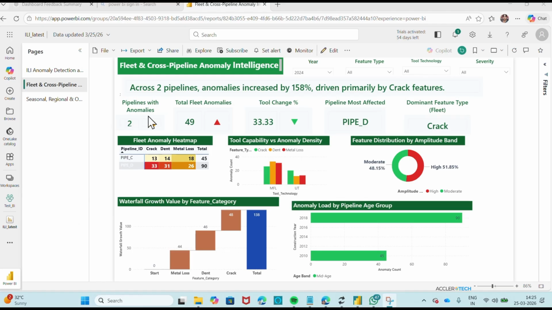So the first KPI is the pipelines with anomalies, which shows the count of pipelines that have at least one anomaly, which tells you how widespread the issue is across the network. The total fleet anomalies is the aggregated count across all pipelines. Paired with slicers, this acts as a quick overall risk burden metric. Next is the tool change percentage, which shows how much anomaly density changed from the previous run. If it's sharply high, it may indicate